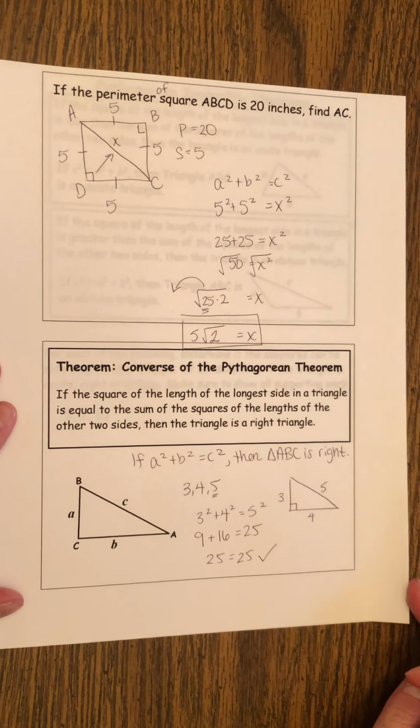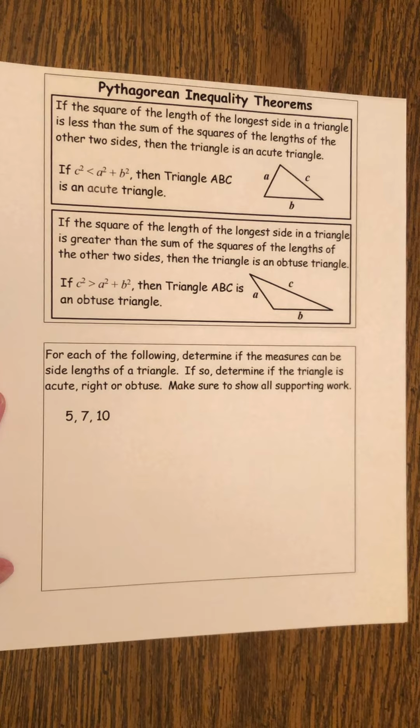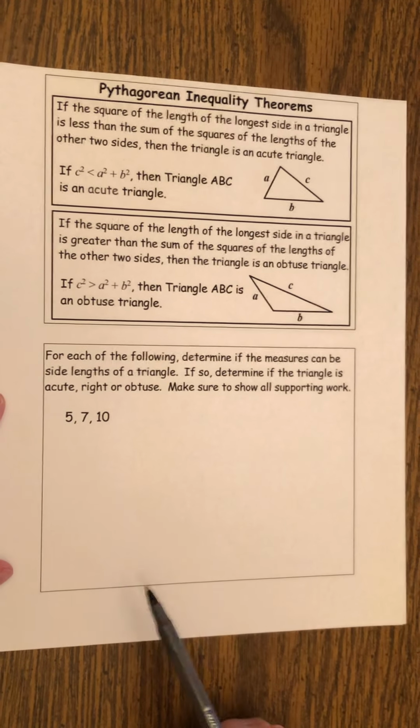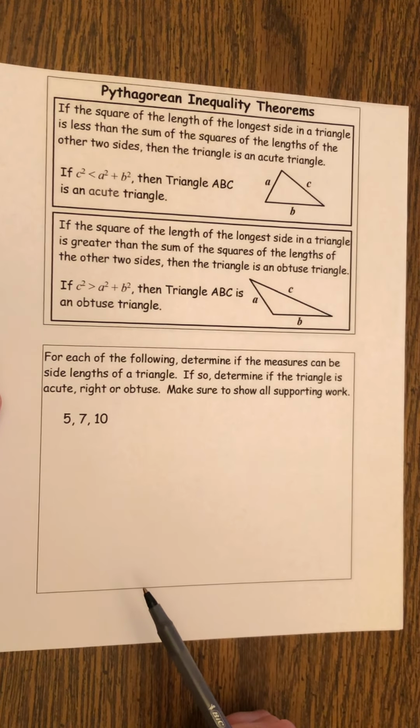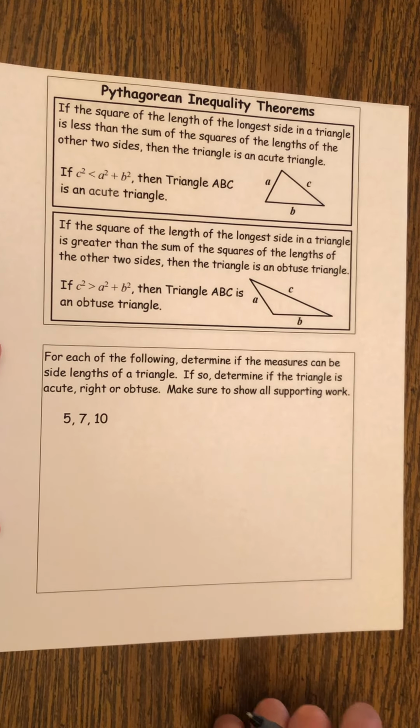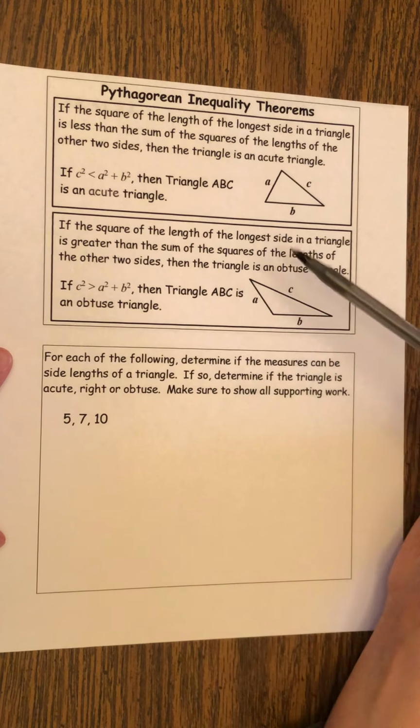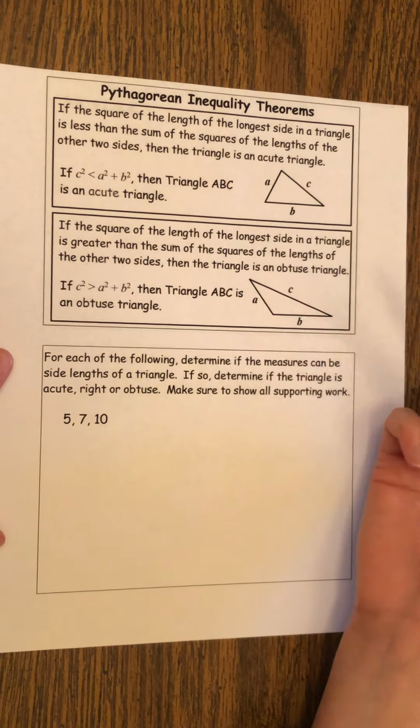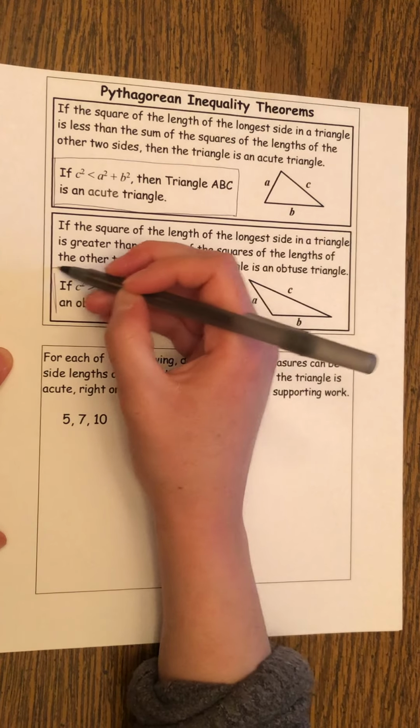Based off of that, we have two Pythagorean inequality theorems, which basically tell us how we can determine if we have an acute or an obtuse triangle. So you can read these theorems word for word if you want to, but basically what you need to take away from these inequality theorems